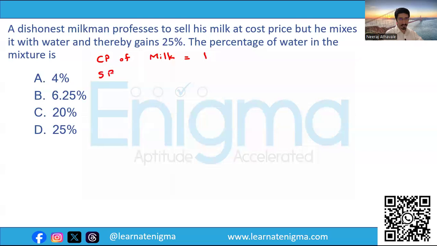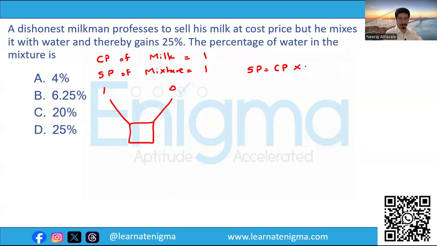So therefore, the selling price of mixture will also be equal to 1. Now, we have the cost price of milk as 1, the cost price of water as 0. Here we write down the cost price of the mixture. So we cannot write down 1 over here. Writing down 1 would be wrong. So we need to find out the cost price of the mixture, and that we can find out by using